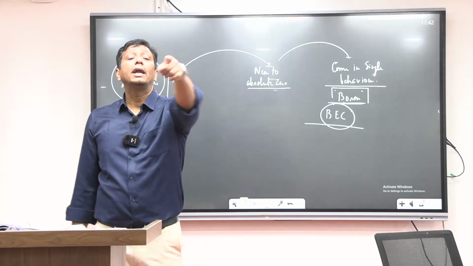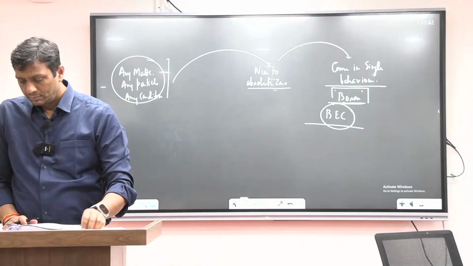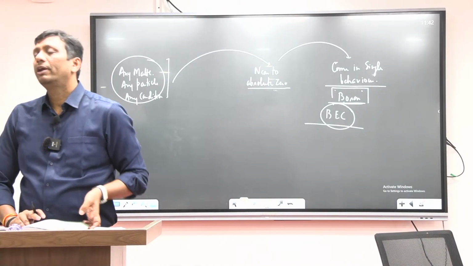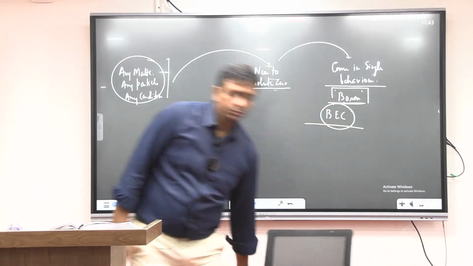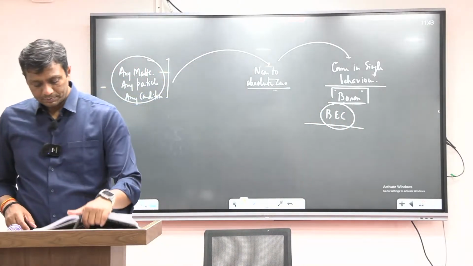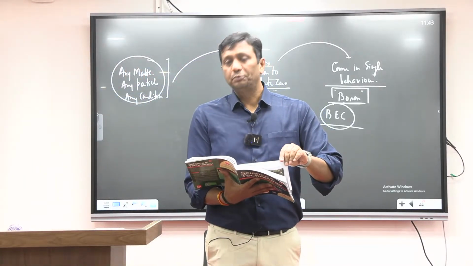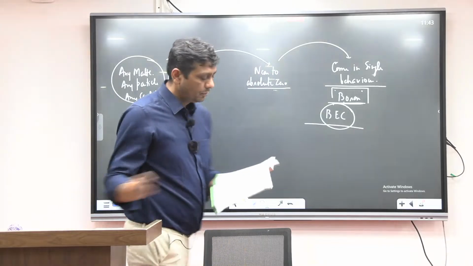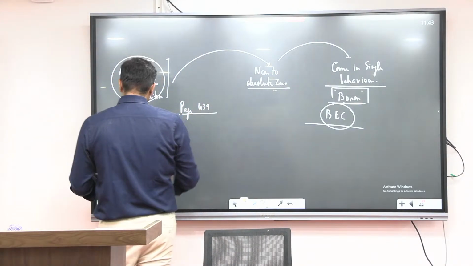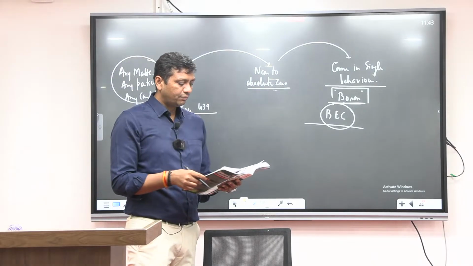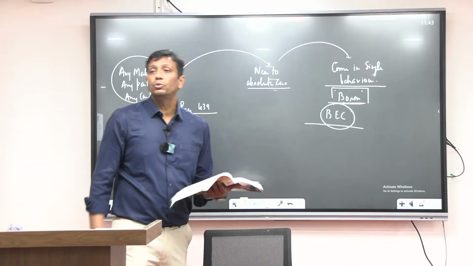Understood? Write this statement. I told you it is a technical part, you just write. An extremely cold temperature, close to absolute zero. It is mentioned on page number 439, guys. I mentioned all this concept on page 439 where I'm dictating a few lines: Bose-Einstein condensate, fifth state of matter, and Bose-Einstein statistics. At extremely cold temperature, close to absolute zero,